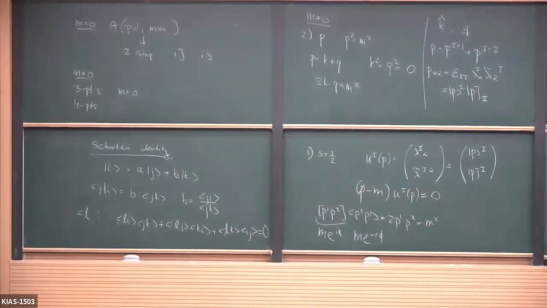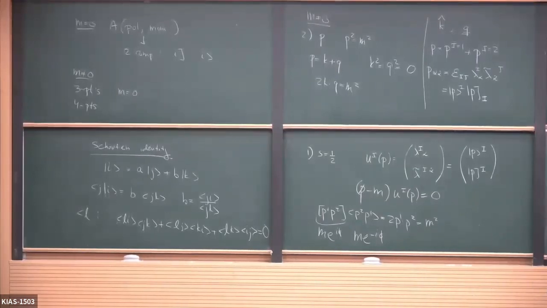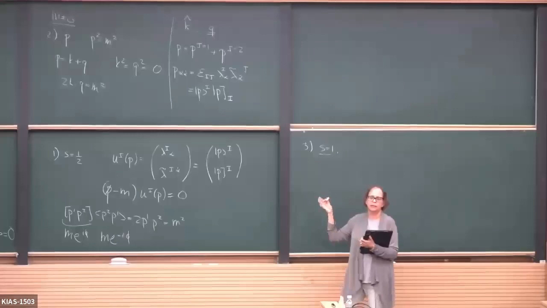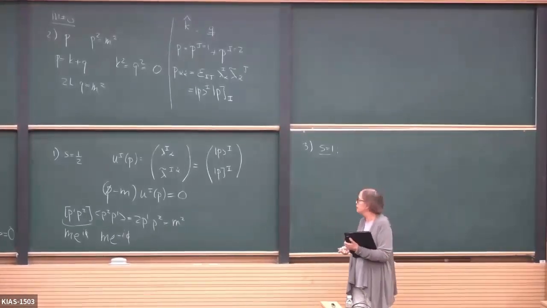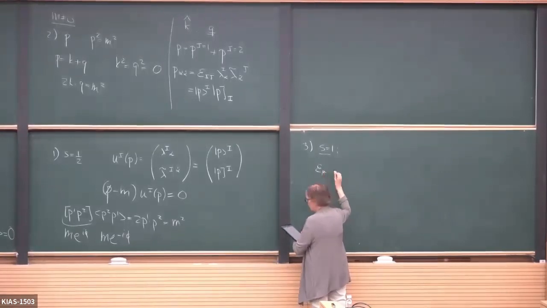Okay, then the last thing we need is the polarizations for spin 1 particles. And I already wrote down for you the polarizations for the massive spin 1 particles. So all I want to do now is to rewrite them in terms of this new notation. And I'll just give you the results because this is completely straightforward. Again, it's something that you can check, but there's nothing too interesting going on here.